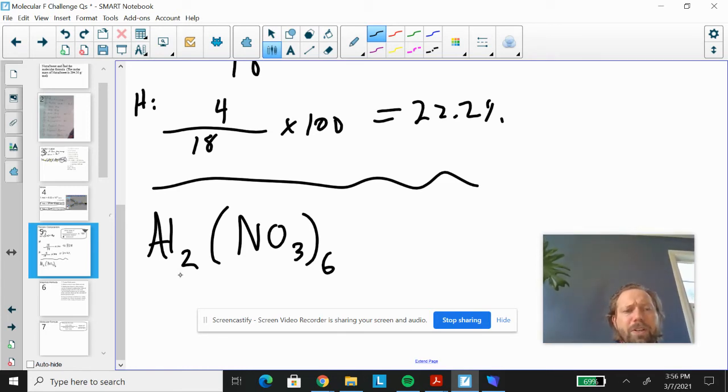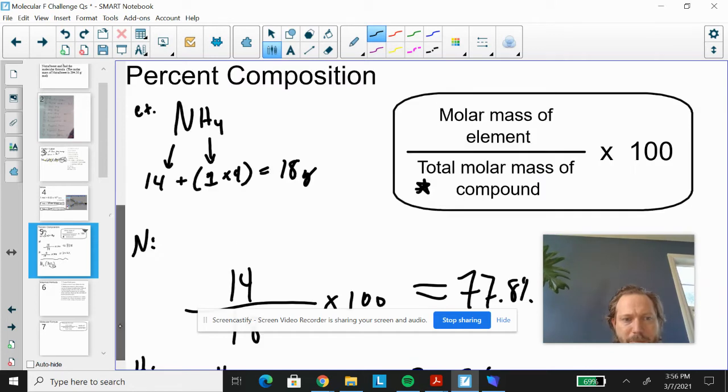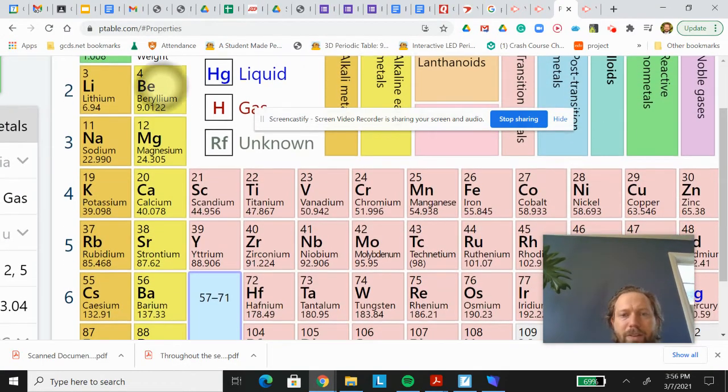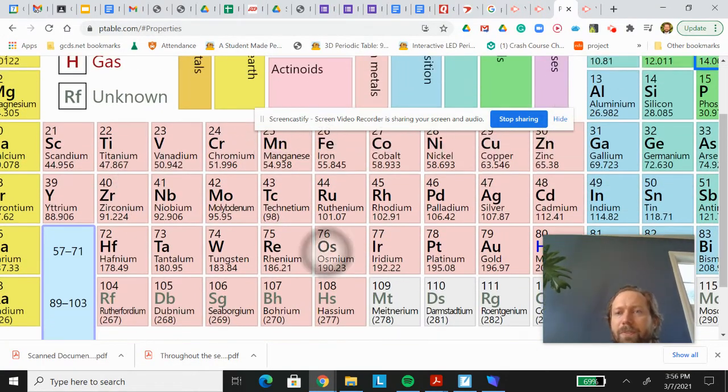You just have to remember that the Al2 is 2 Als, and that the 6 distributes to each of them, right? So when you're adding up, aluminum in this example, this is aluminum, so this would be Al over here,